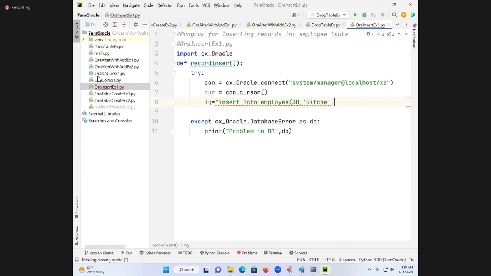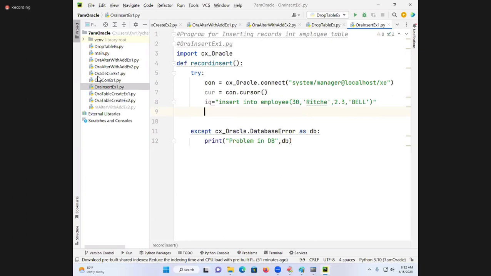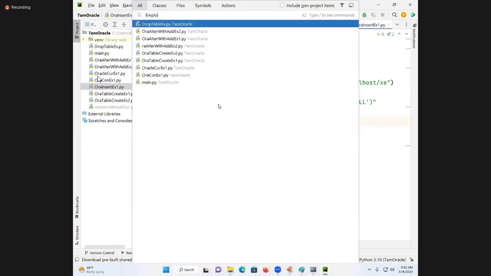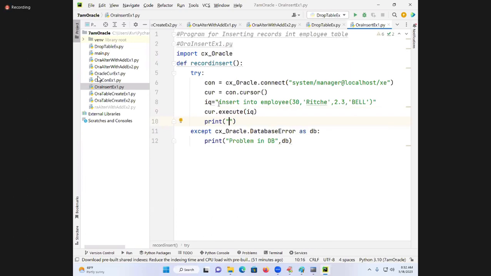Next I will write salary, called 2.3. And the company is called Bell Labs. So BLL. I am writing like this. Now close the bracket and then done like this. Now execute it. How do you execute? cur.execute of IQ. Now print of what? Record, employee record inserted